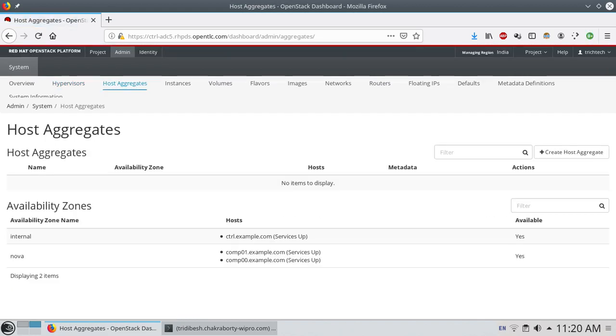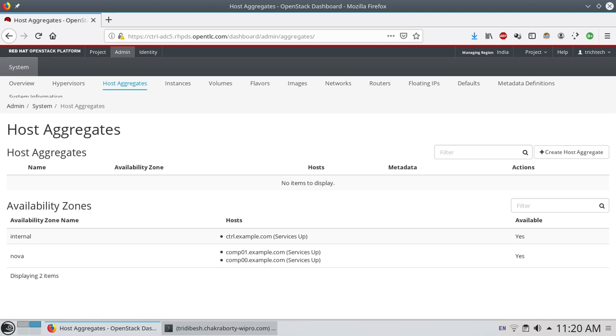Before starting, let me give you a small introduction about host aggregates. It's nothing but combining multiple hosts and making one group where you set some particular properties. Suppose you have physical servers like HP Blade servers, and you want to make all those HP Blade servers one host aggregate where you have SAN connectivity for better IOPS.